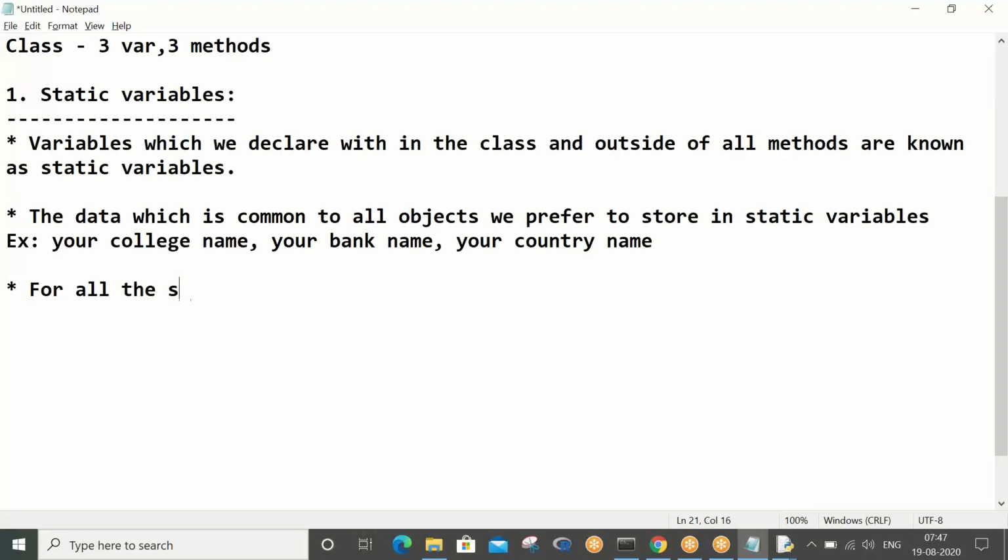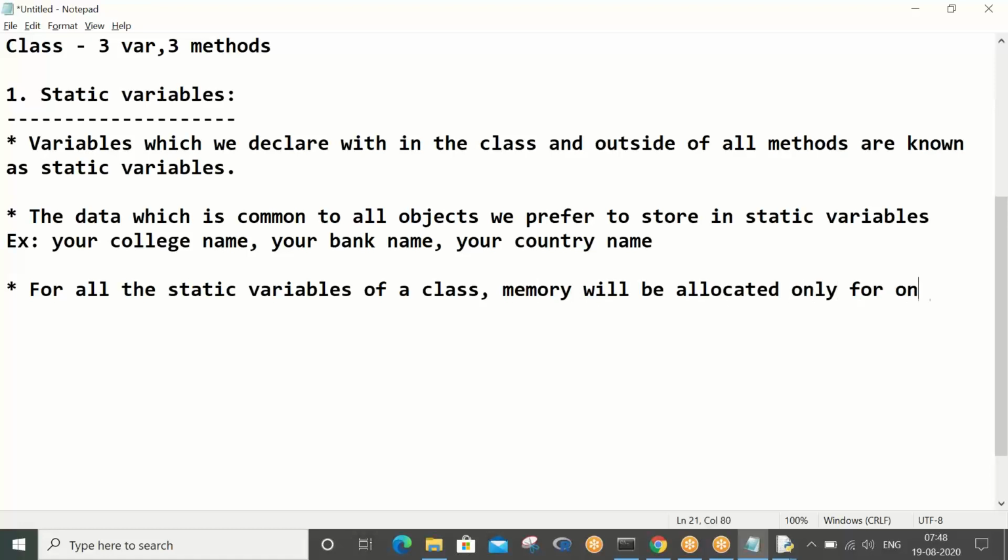For all the static variables of a class, memory will be allocated only once. This point you will have to understand. Even though you create 10 objects, 20 objects, one object, or three objects, memory allocation for static variables happens only once.